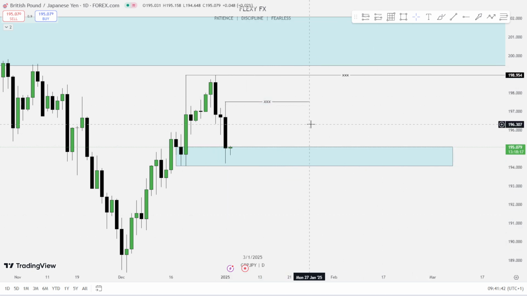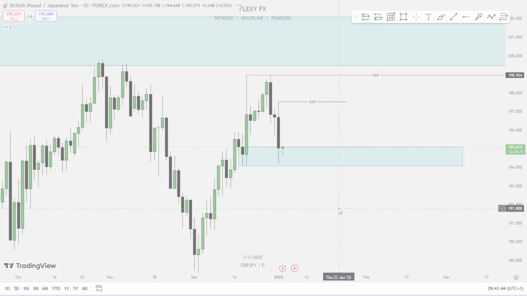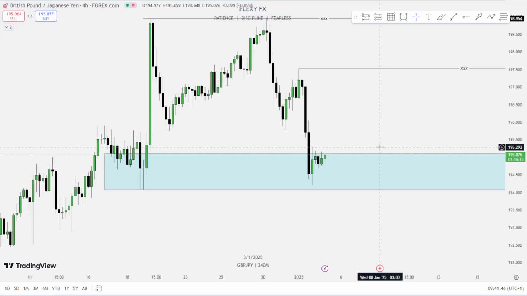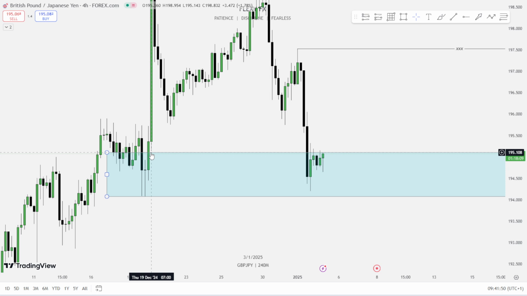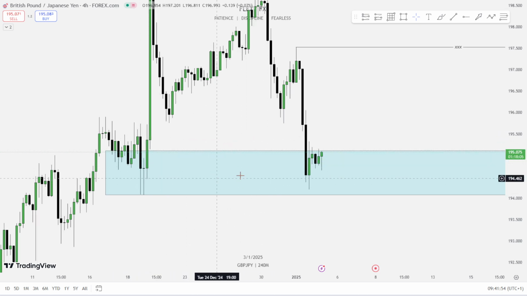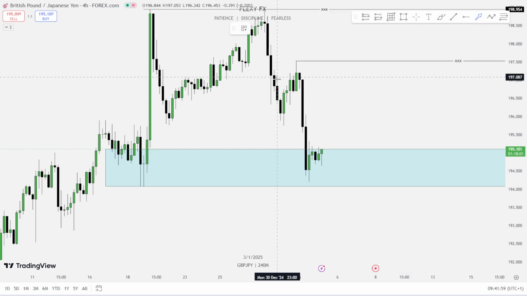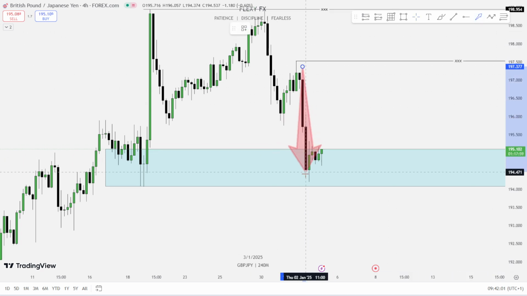I don't take trade that way. So what do I do? I'll go down to the 4-hour time frame. From the 4-hour time frame, you see that we have a fair value gap right here, which is making this zone much more interesting. Okay, so now you see this price, the momentum price is using to displace into this